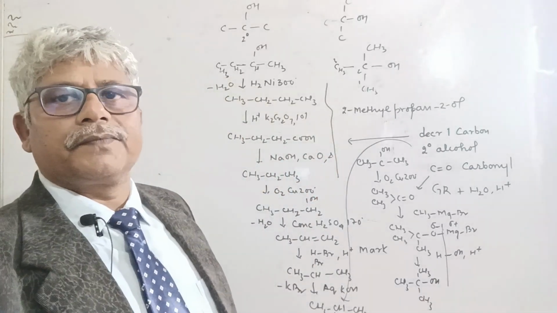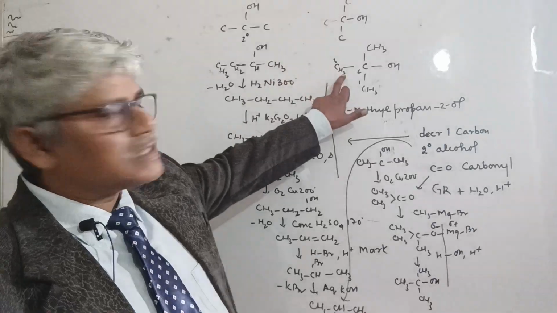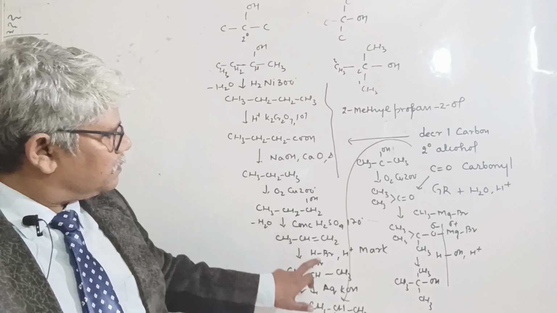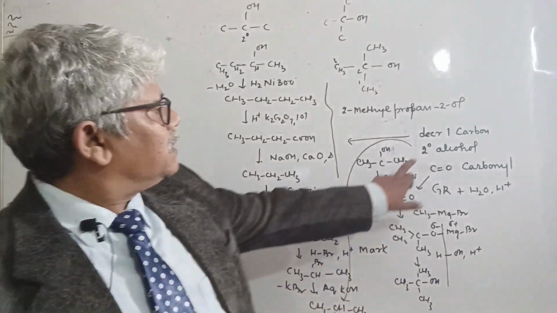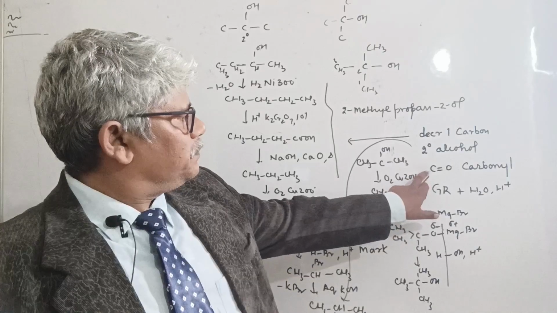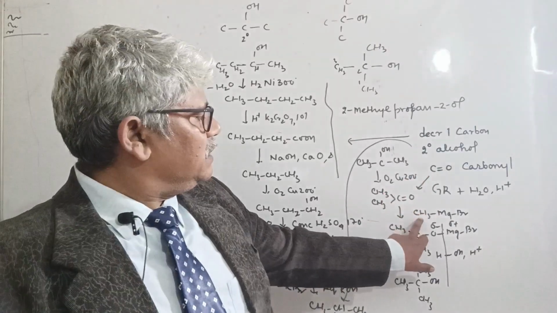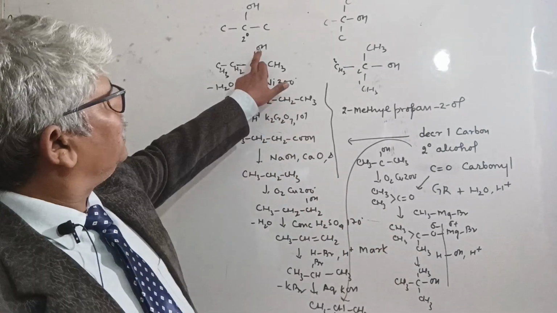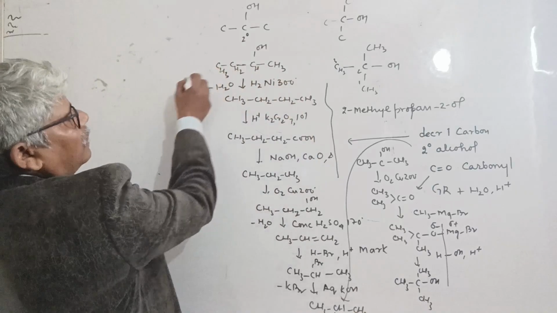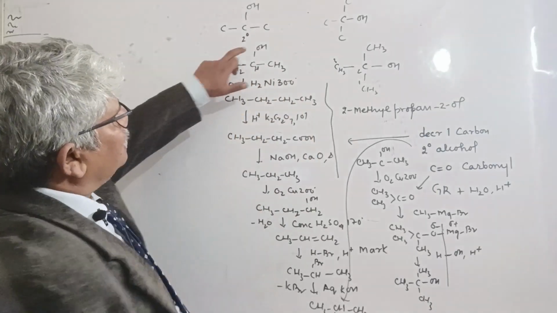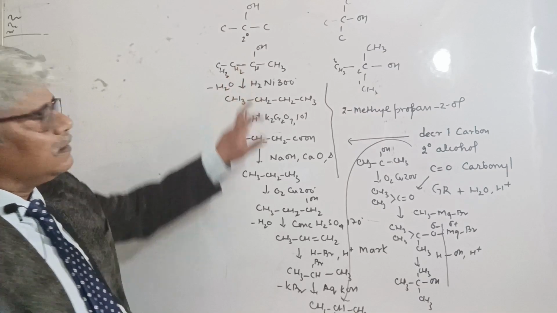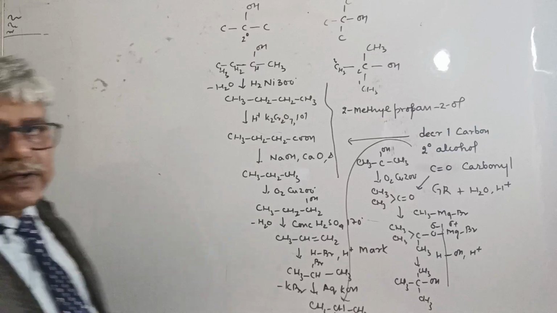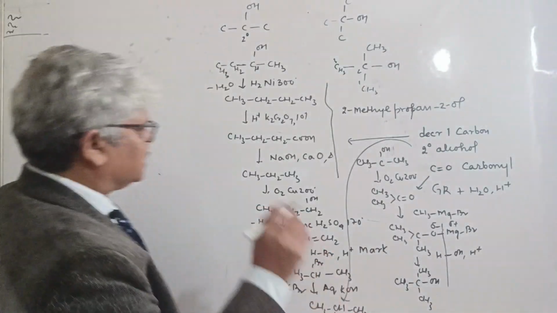Again I repeat, isomeric version, decrease one carbon, then convert to secondary alcohol, convert to carbonyl group, and then Grignard reagent followed by hydrolysis in acidic medium. If at all there had been chlorine, you could have done beta elimination and then reductive ozonolysis. That we can discuss. Take one question and try to do it on your own and put it in the comments. The question can be